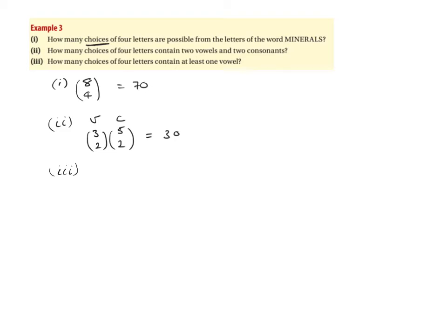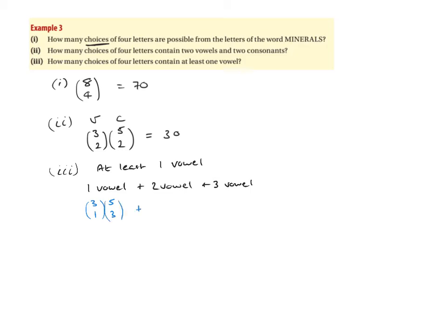How many choices of 4 letters contain at least 1 vowel? So at least 1 vowel. Okay, so we could do this a couple of different ways. What we're going to do is work out at least 1 vowel, so that's 1 vowel, plus 2 vowels, plus 3 vowels. So let's work that out. For the first one, we've got 3 vowels, I need 1, which means from the remaining 5 consonants, I need 3,